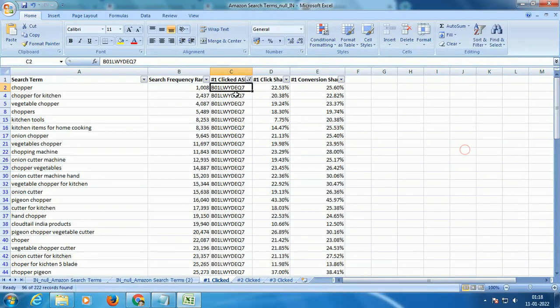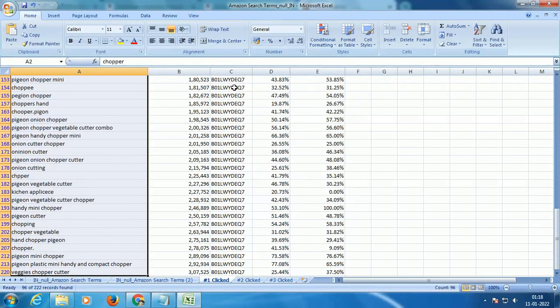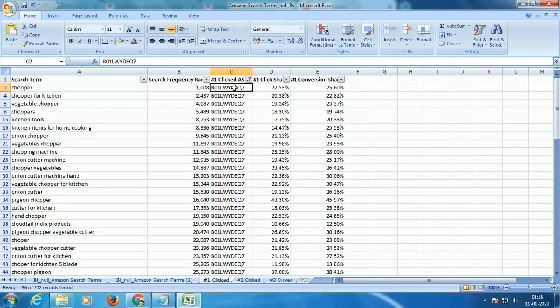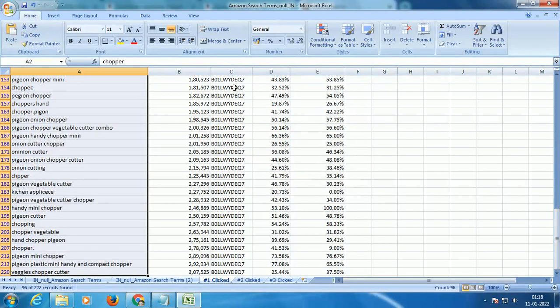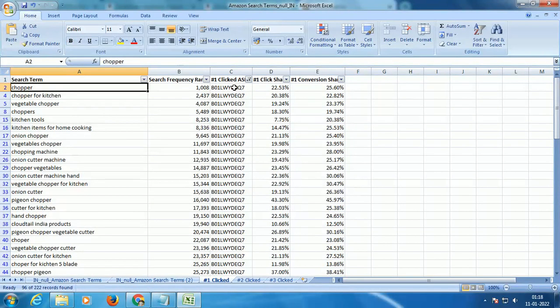Now this first competitor is number one clicked for all these keywords. He is the most clicked ASIN. Okay, now for all these keywords, just listen carefully. For all these keywords, he is the most clicked ASIN. Technically what it means is he's getting the majority of the sales from these keywords, right? You also get to view how much click share he has from these specific keywords, and you also get to see how much conversion share they have.